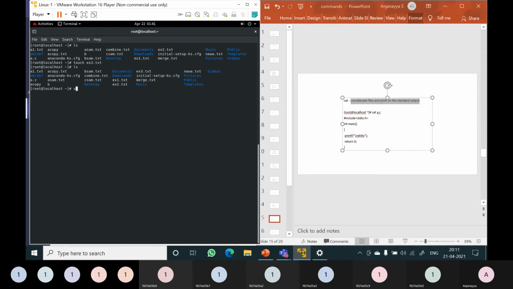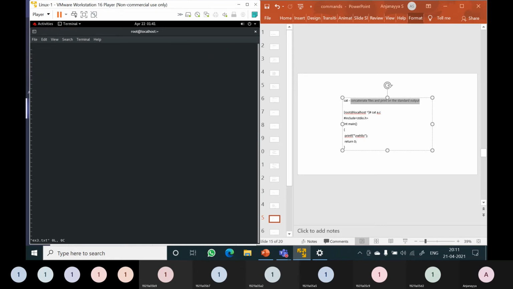Now I will enter some contents. vi ex3.txt. Now I will press i to insert. We will discuss the vi editor in detail later. You are in insert mode, and now I am entering some contents.